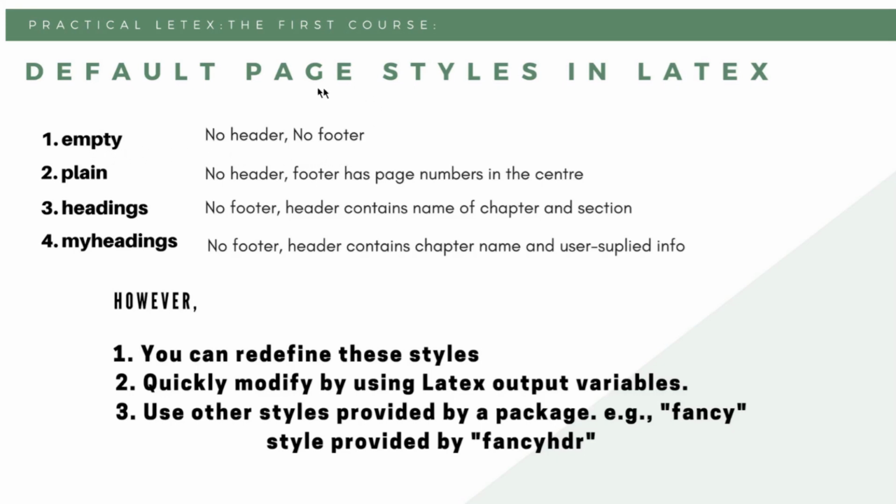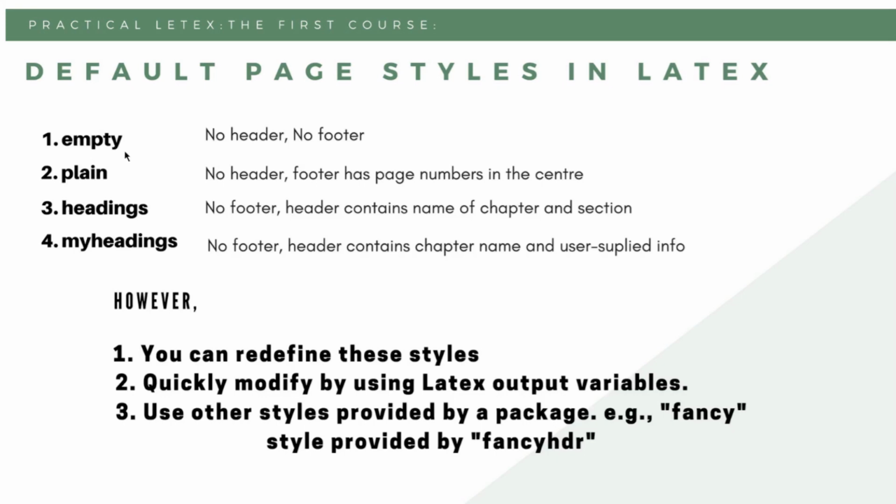And please note that when we talk about page style, there are two main things. One is the header and the other is footer. These are the two main things which basically alter the style of a page, because all other things are minor. You can format the paragraph and other things, but these are the two major things which change the look and feel of a page. So what type of header we have, do we have a header or not, and what type of footer we have or we don't have a footer.